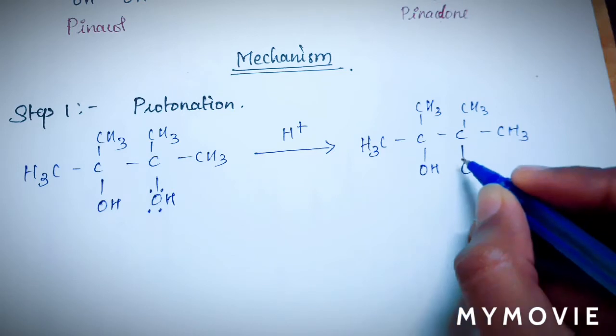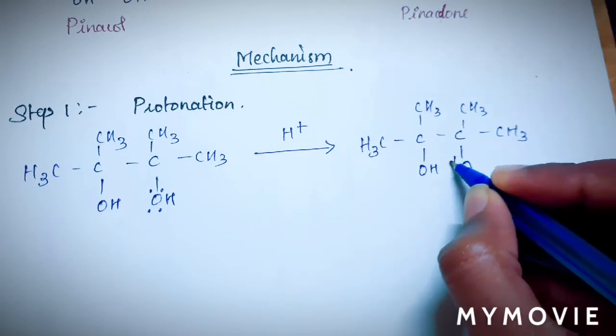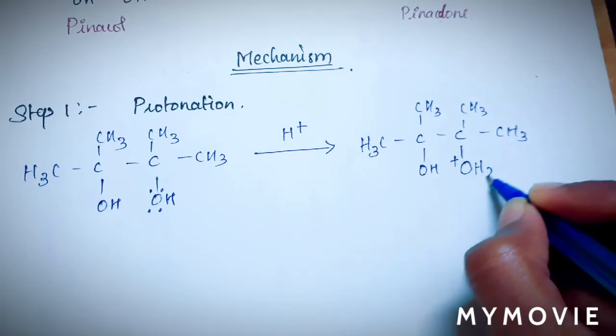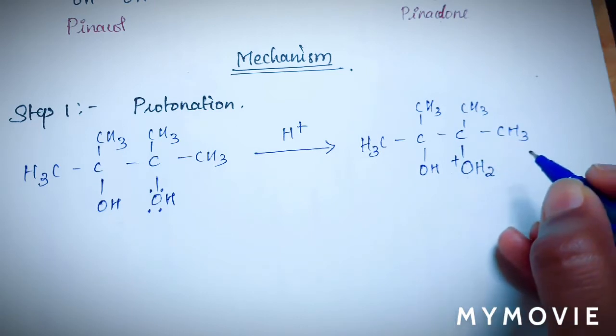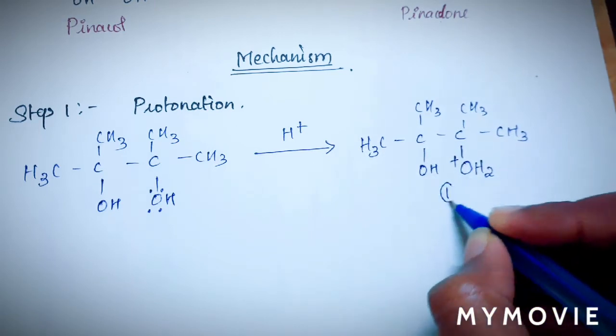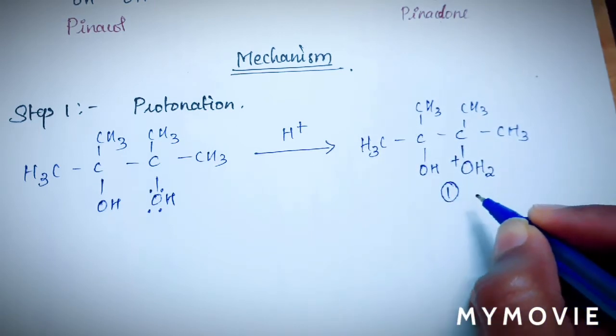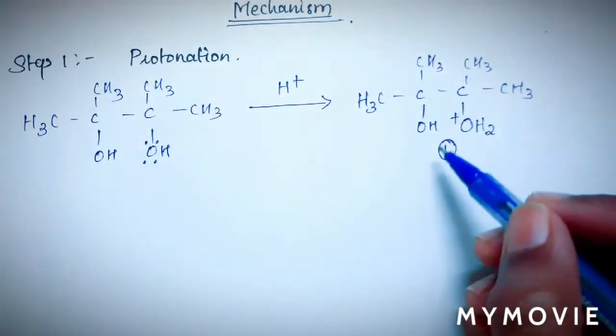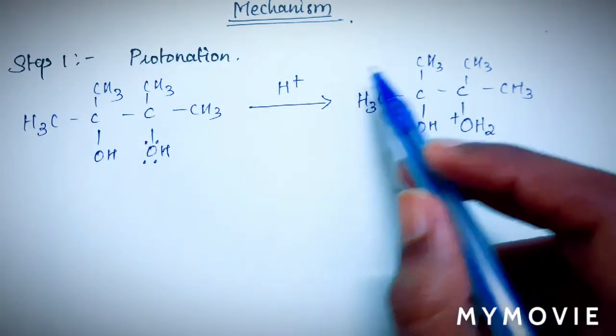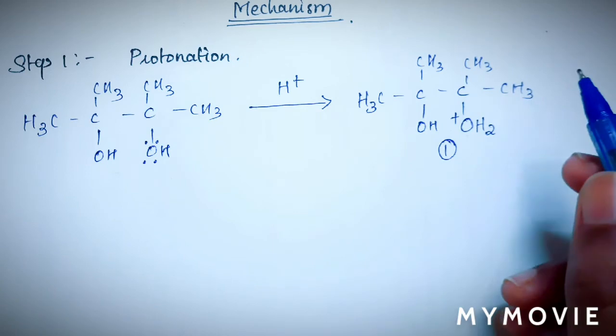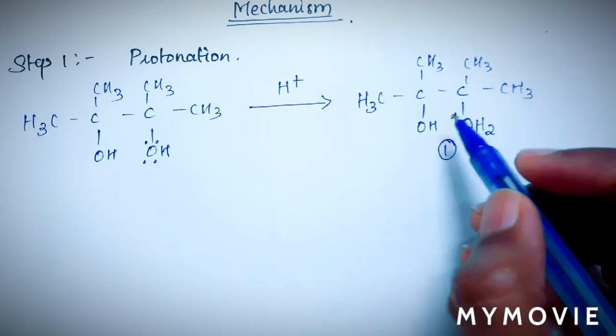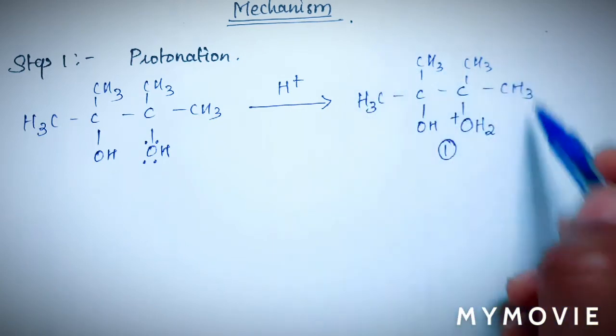Thus, it will attain a positive charge. So, it will be OH2 plus or H2O plus. Thus, this is the first product that you get by protonation. The first product that is formed out of protonation is highly unstable because oxygen, a part of this molecule,